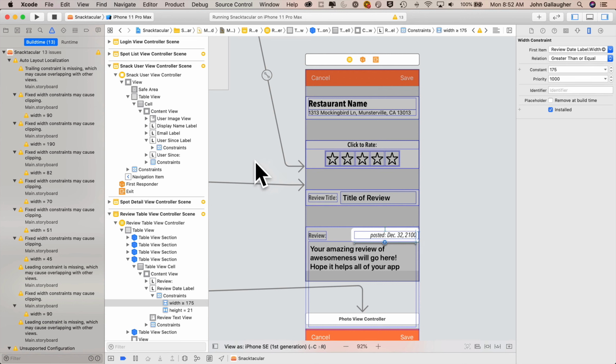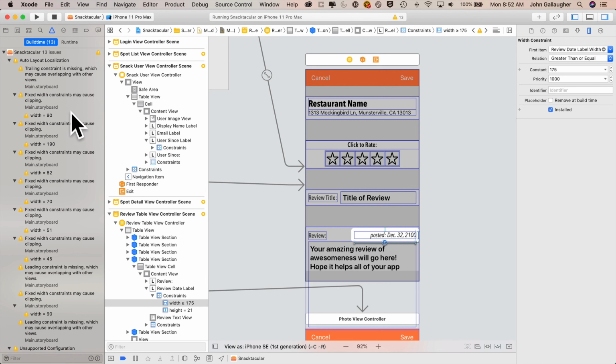Nice! Now none of these warnings will break your app. Our app will continue to work fine as developed. We're just silencing warnings, and we're prepping our app so that it'll work better if we do decide to localize it in the future. So now I've got a bunch of identical warnings for different fixed width labels and other interface elements in my app. So I'm going to go click on each of these and change them to relation greater than or equal to,